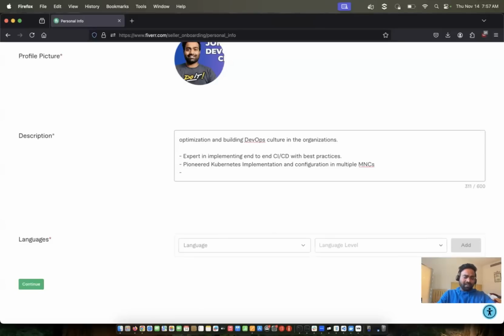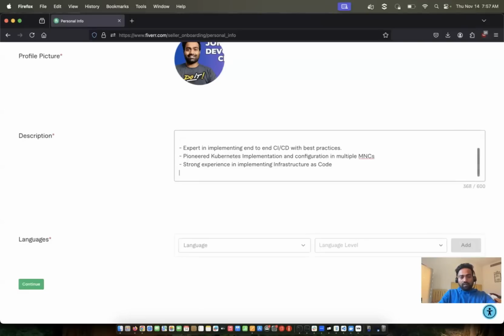You can always go back and update, but I just want to show what is the right way to add these things. Strong experience in implementing infrastructure as code. One last point,